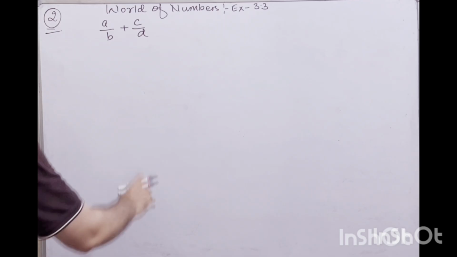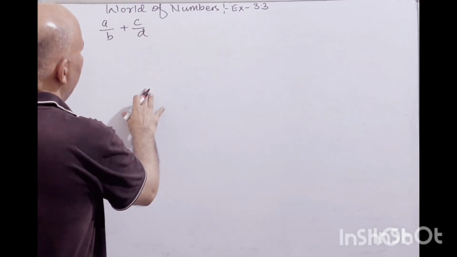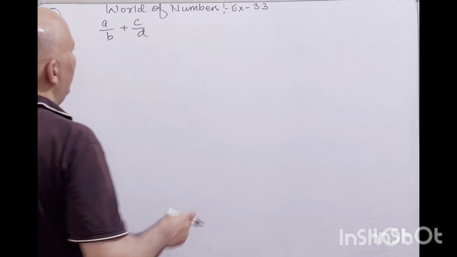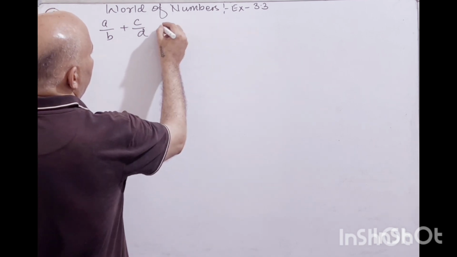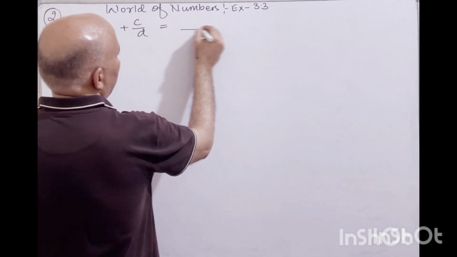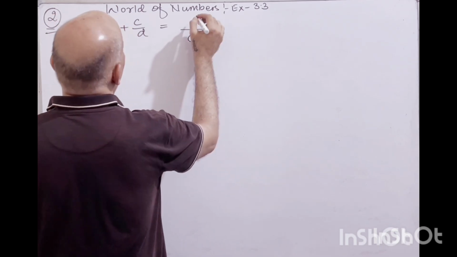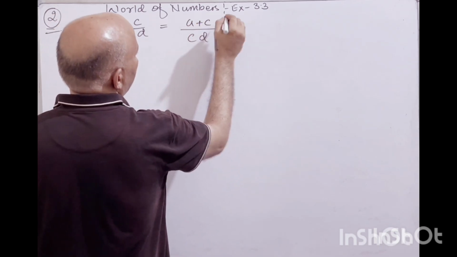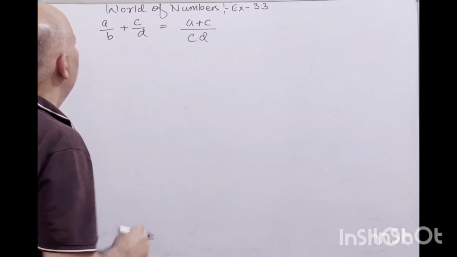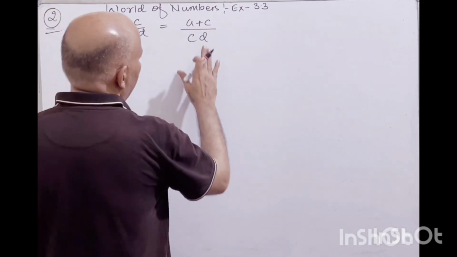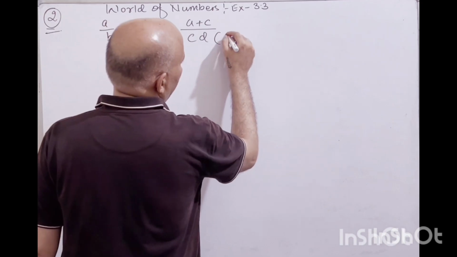These are 2 rational numbers. So if we have to add this, right, so what we can do is the multiplication of cd and a plus c, or this should be equal, the denominator should be equal. Rather we can say denominator